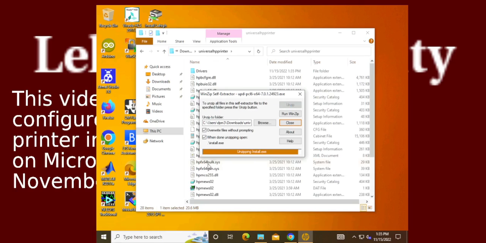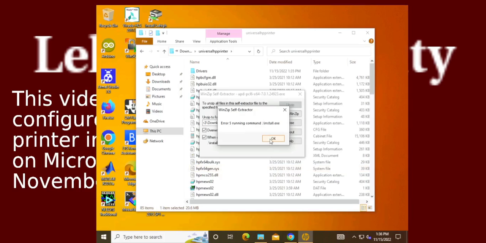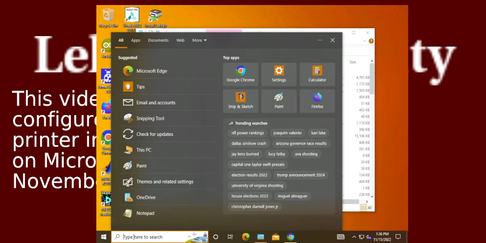And you can see that it puts a couple of files in this directory. And I'll click OK. And no, I don't want to use the HP application to install it. Okay. Now, the next thing we're going to do is we're going to come down here into the text box,